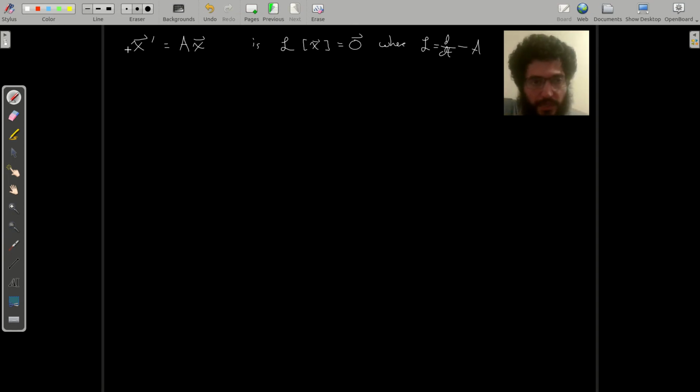Okay, so this is the kind of differential equation we're looking at, and it's something you can write like this. So you can view it as a linear, where L is a linear operator, this one. So you can view it as a linear homogeneous differential equation. That means all of those things that we learned about linear homogeneous differential equations from chapter 2, and all the things you learned about linear systems pretty much in Math 4a, those things apply. So the goal is to find a general solution,